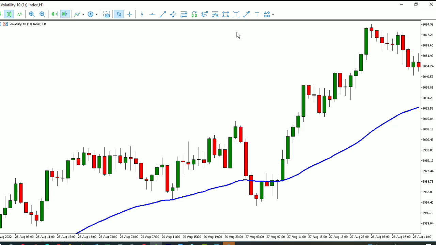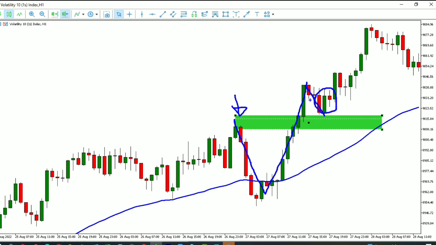And once we mark out this zone right there as our level of structure, the next thing that happens is the market moves back into this zone at this point. So you can see the impulsive move that breaks past this zone, and then the market comes back into this zone here. Once you see the market in this zone, you can see it created the tweezer